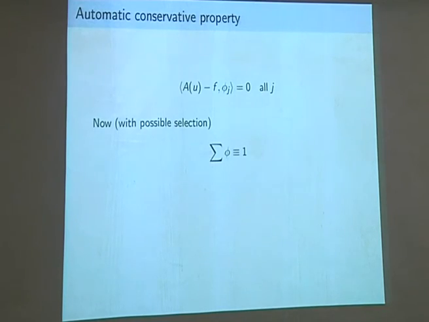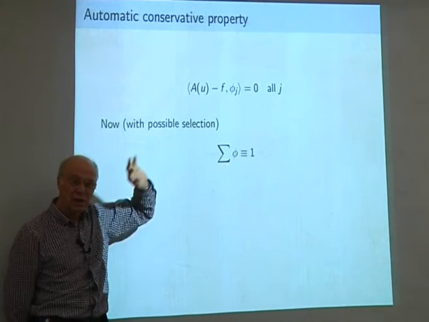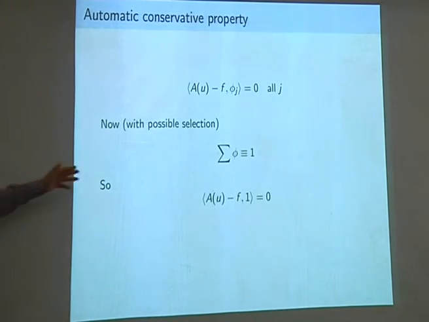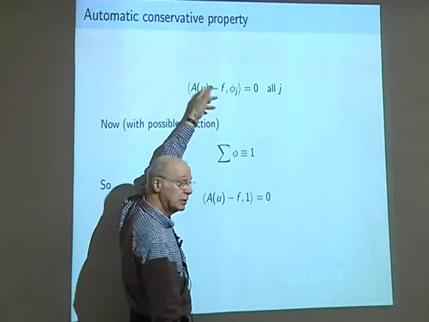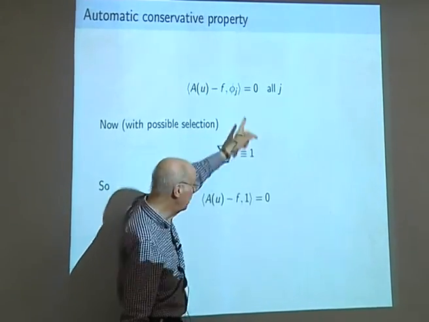It's not always exactly true. Sometimes you have to throw away some of the basis functions. But you should normally be able to find a sum of all the possible basis functions which is the constant function 1, and then if you put all the basis functions you used in there and add them up, it's only a finite number,